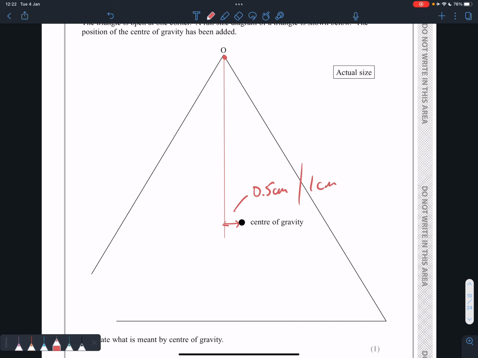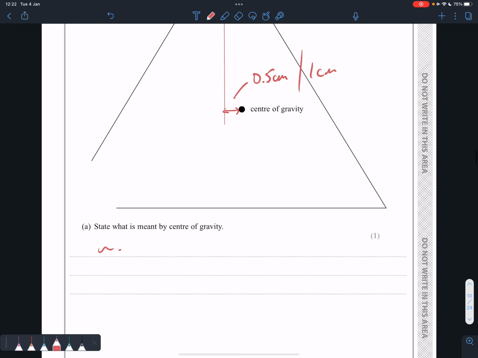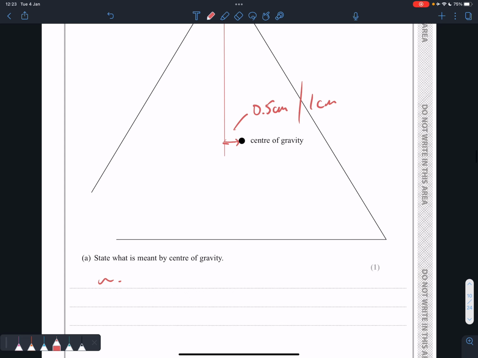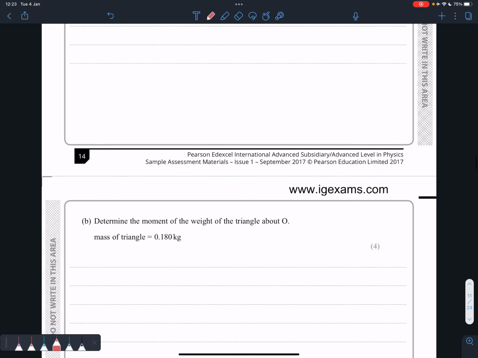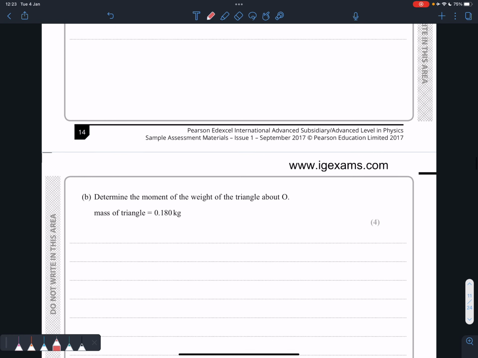But first of all, you've got to state what that is. You should be able to work out through definitions, center of gravity, what that is. I'm not going to cover that, that's bookwork. And this one, you've got the mass and you've got the moment. Well, we know that the moment